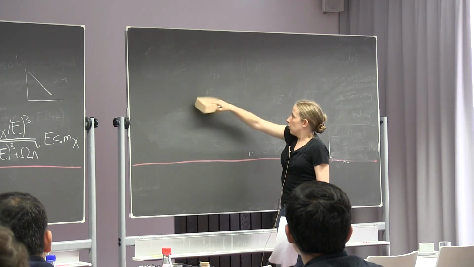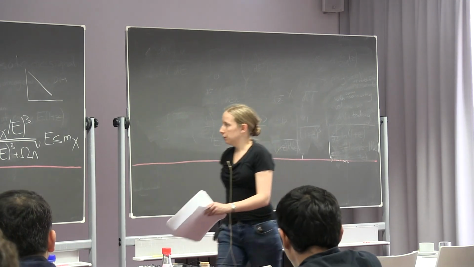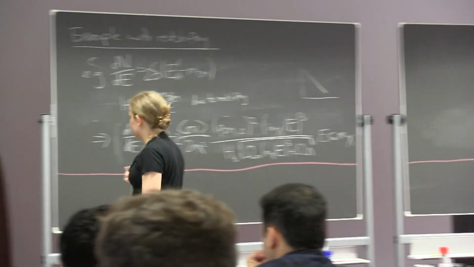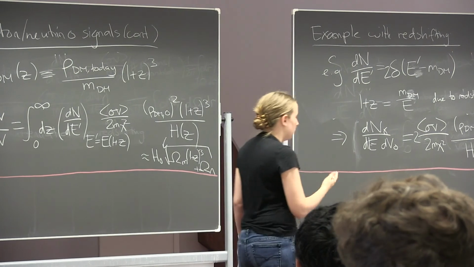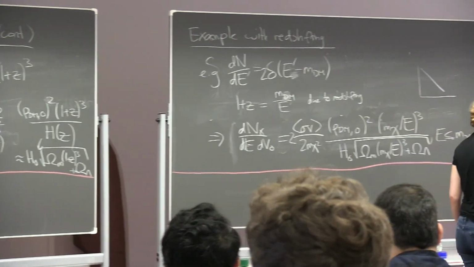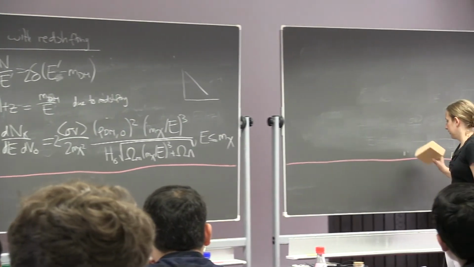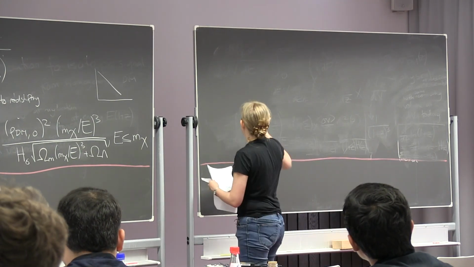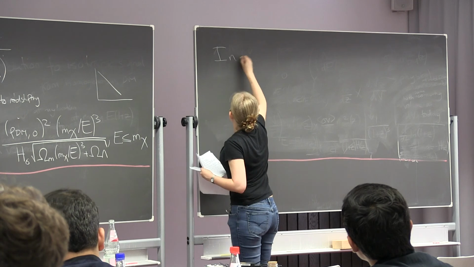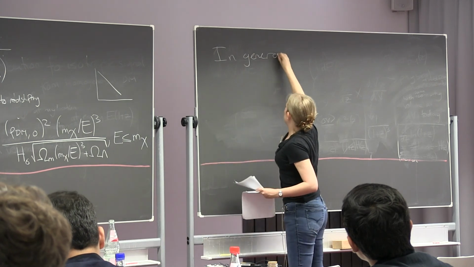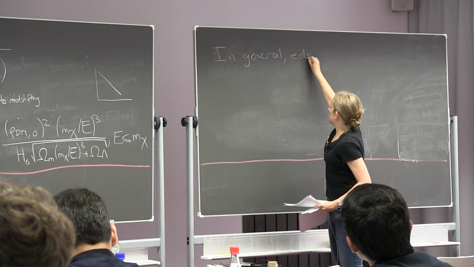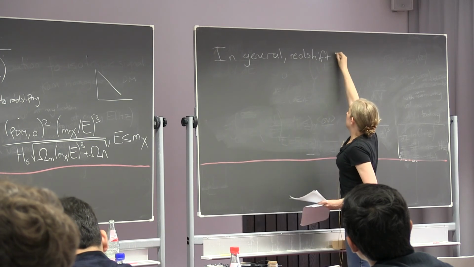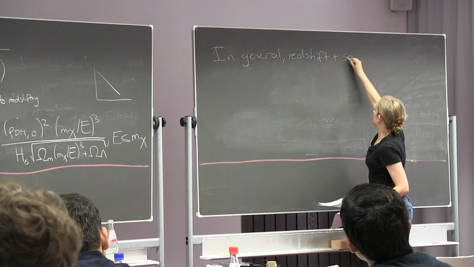Instead, what I have to do is take into account, okay, if I've got a source spanning some angular distance d omega, let's figure out how the photons from that source propagate to us, taking redshifting into account. So in general, if we have both redshift and spatial dependence,